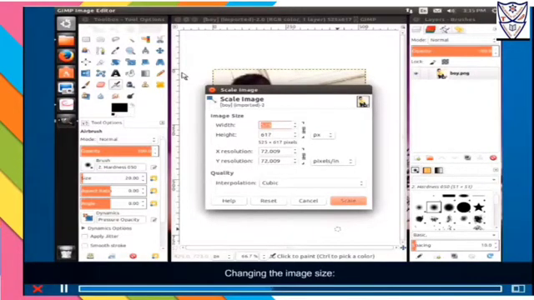Changing the image size. To change the image size in pixels, change the values of width and height under the image size section up to the required size.